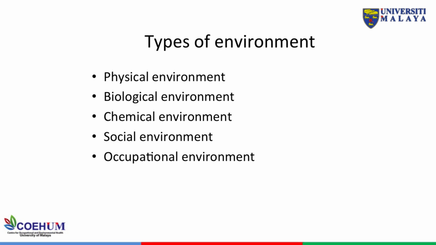The physical environment will include such factors as air, water, food, waste disposal, and shelter. The biological environment will include insects, animals, and other living things. And then the chemical environment will encompass chemical pollution and its effect on human health. The social environment includes the effect of culture and his relationship with others and the effect of these on